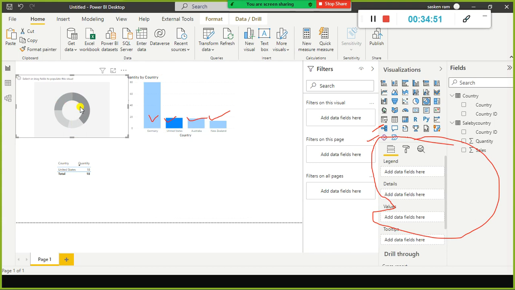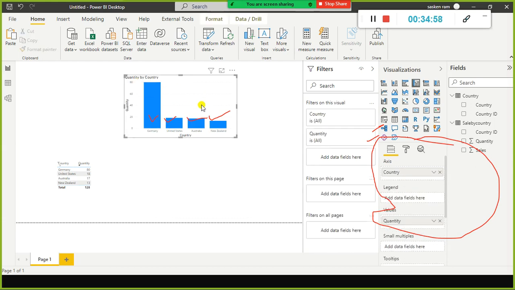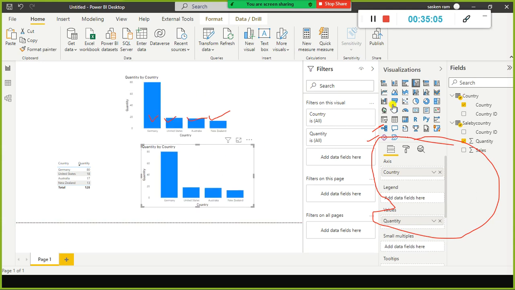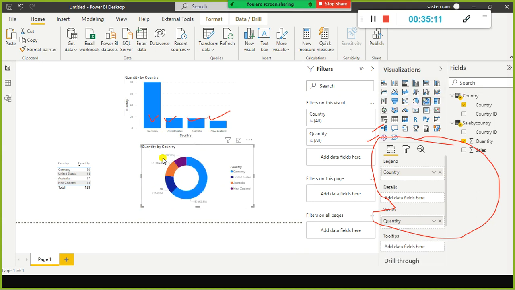Instead of using this one, let me do one thing. I simply copy and paste this one. Now I convert this into a donut chart. How do I do that? Select this visual, and it gets converted into a donut chart.